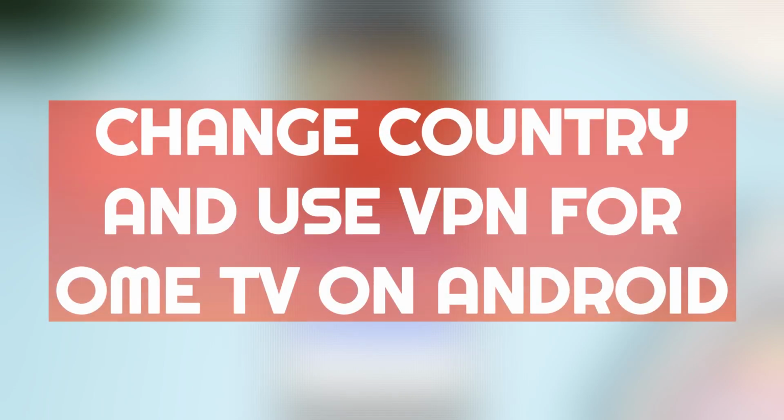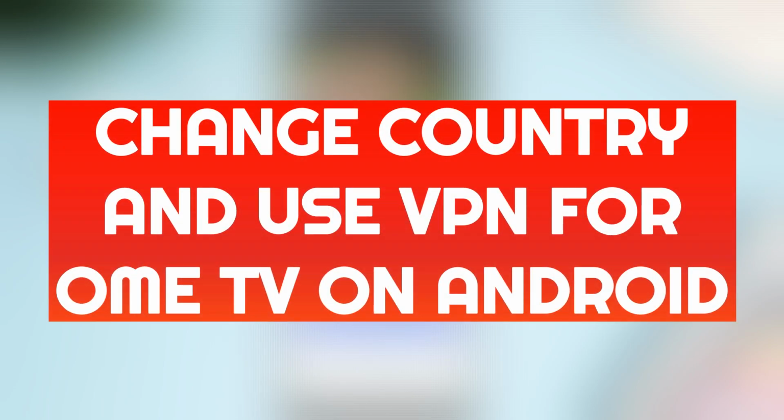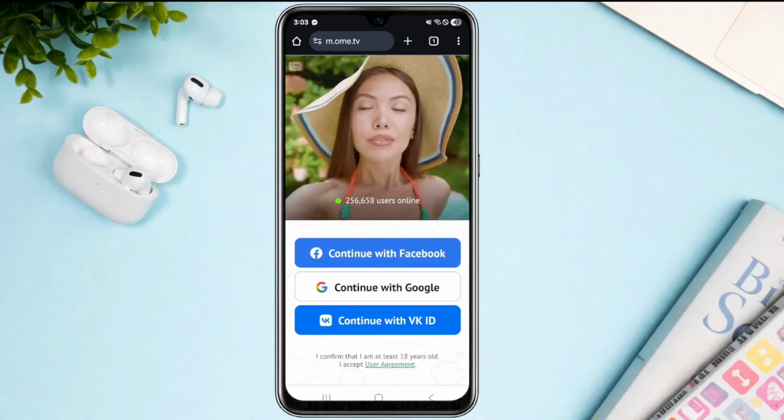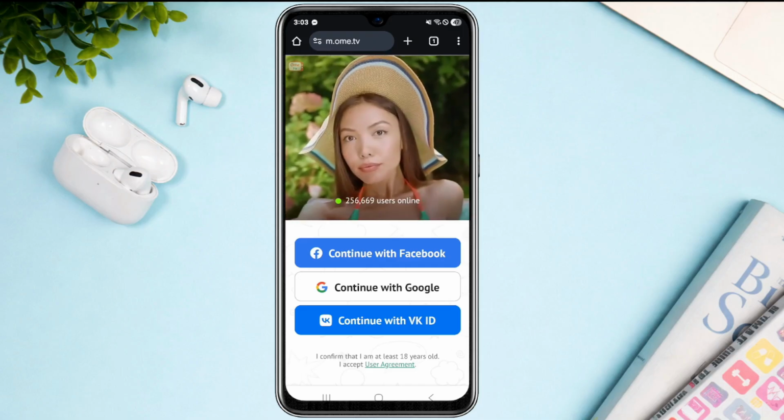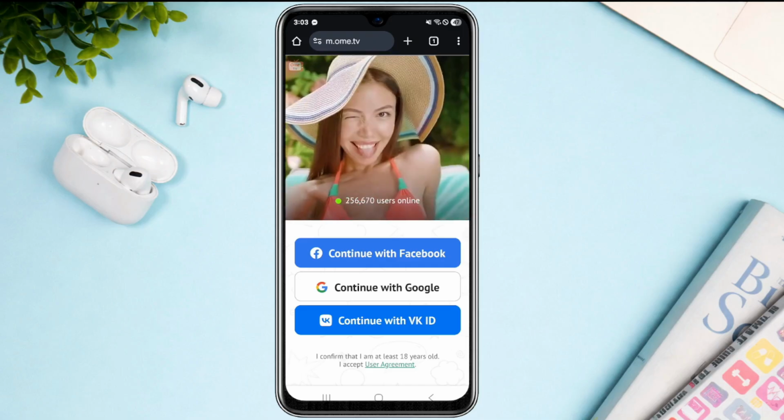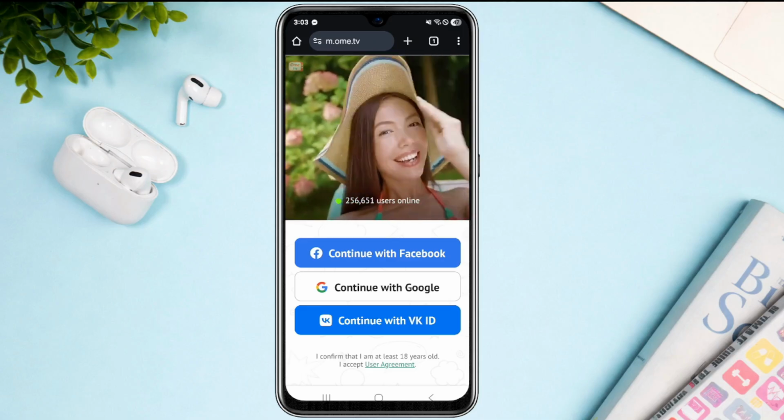How to change OmeTV country in Android, or how to use VPN on OmeTV for your Android device. Now, in this video, I'll show you a couple of steps for you to be able to execute this kind of process. So the very first thing that you want to do